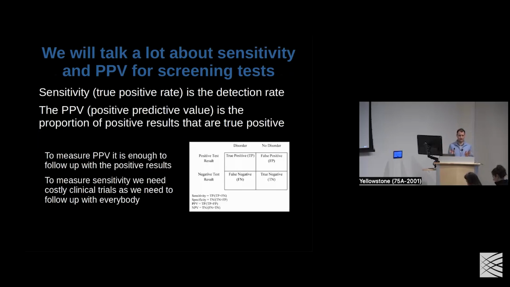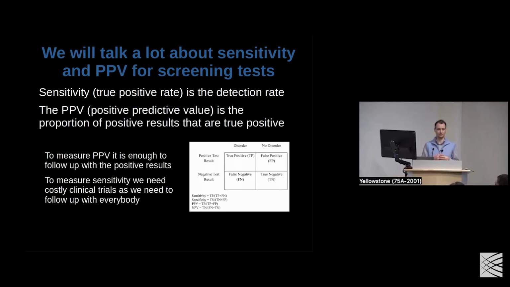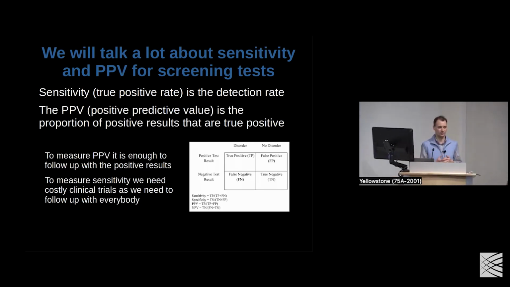We will talk a lot today about sensitivity and the positive predictive value, PPV, of a screening test. Just as a quick reminder, the sensitivity is the detection rate. If we have a disease in a population and we run tests on everybody, what percentage of individuals with that disease or that type of mutation do we find? And the positive predictive value is the proportion of individuals who receive a positive result that actually have that condition or that mutation. So a good screening test is going to have high sensitivity and a high